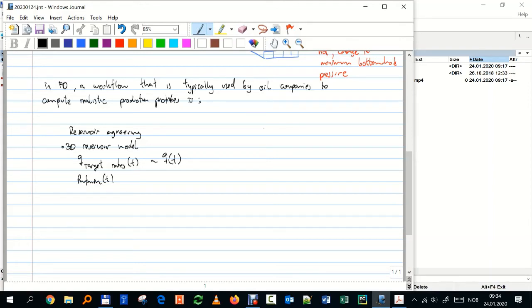Then you have another department, which is usually production engineering and facilities production. These guys have a production simulator. A production simulator is basically a steady state simulator. The reservoir is by nature transient, so that simulator has to take care of what happens in time, while this one can simply be steady state. And then they check at each point in time